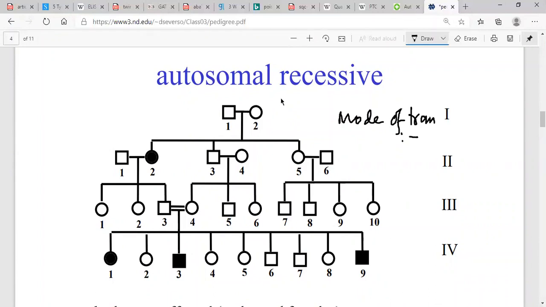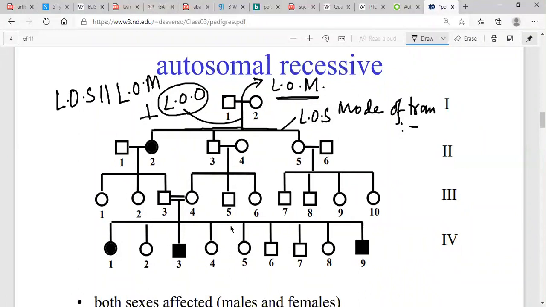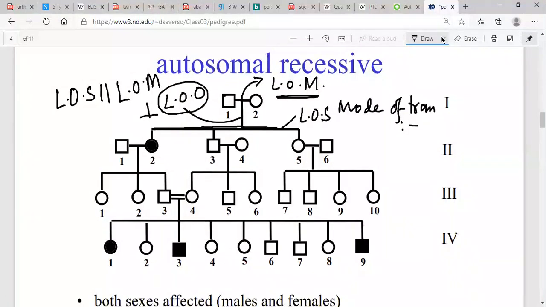This line is called the line of mating or marriage. That means a male gets married to a female, and this is the line of offspring or descendants. Now you can see a line that is parallel to the line of marriage. That is called the line of siblings, like sisters and brothers. So the line of siblings is parallel to the line of marriage, and this line of offspring is perpendicular to these two. Now we have to identify the nature of the transmission. So first we shall study, I will take the red color.